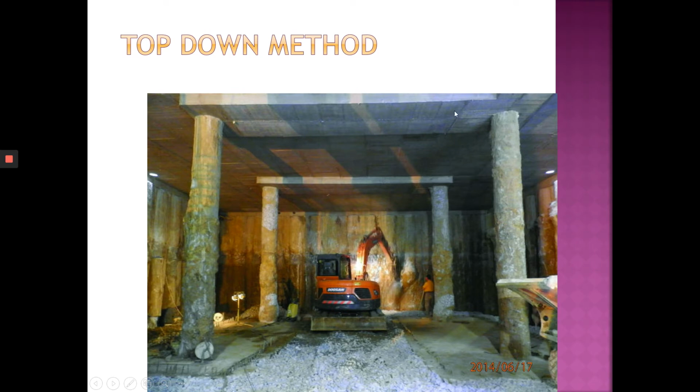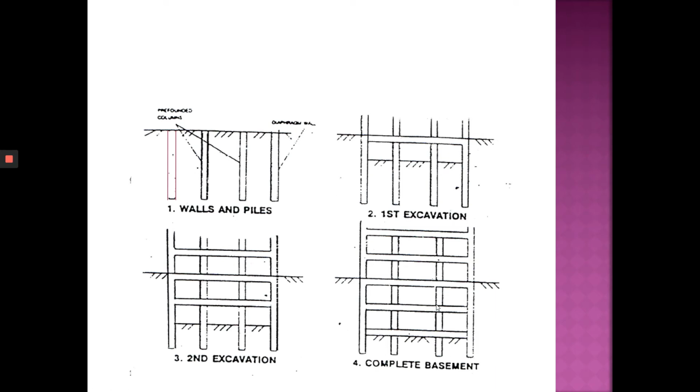So you will have the slab. Just look at this slab, and then you have the retaining wall here. I think this is second pile. And then they have the pre-founded column. Okay, now I will explain to you using the illustration.